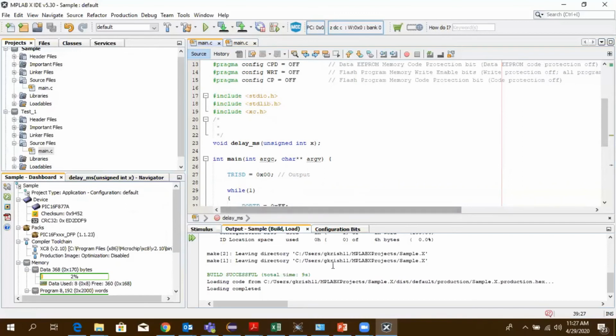So the program is compiled. We have a hex file. We have it somewhere in C, Users, gkrish11, MPLABXProjects, sample.X. So we'll go to that and see the hex file there.